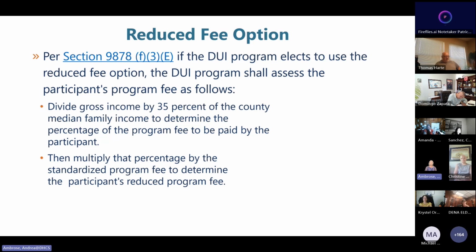So the first thing you'll do is divide the participant's gross income by that 35% of the county median income to determine the percentage of the program fee that participant will pay. And then you'll multiply that percentage by whatever your standard program fee is, and that determines what the participant's reduced fee will be. So that's a big mouthful.